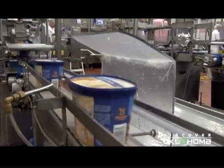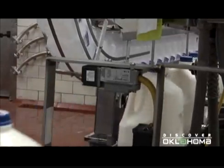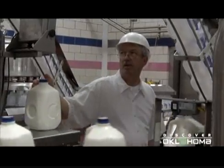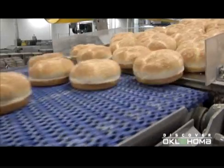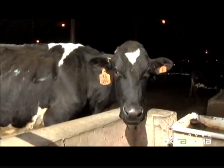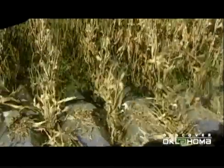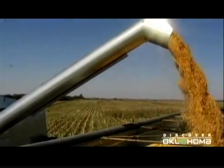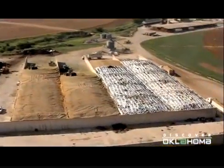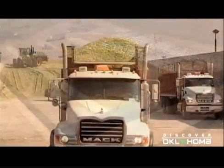That's achieved by vertical integration. That means they try to do most everything themselves, and that way they can better control the quality of the product, from the bakery goods to the ice cream or the milk, even what they feed their cows. We grow their bulk ingredients, your corn silage, alfalfa silage, and those type of items. Our Shattuck operation will grow the grain corn, so we'll bring that in. And we like to grow our own products. We like to control